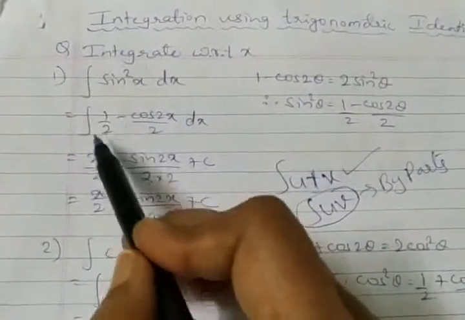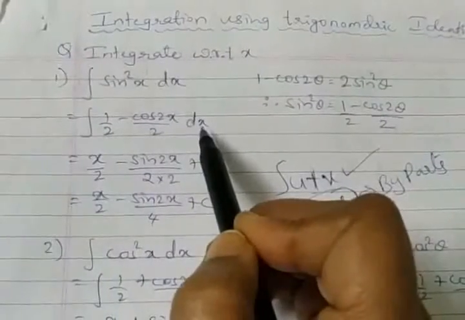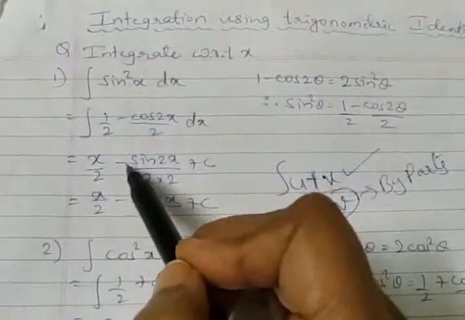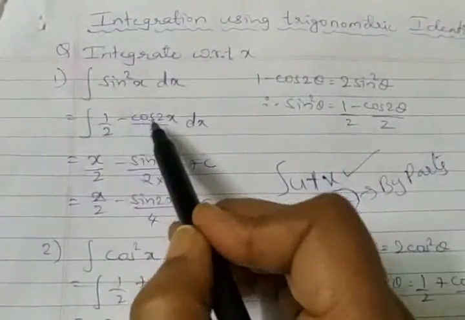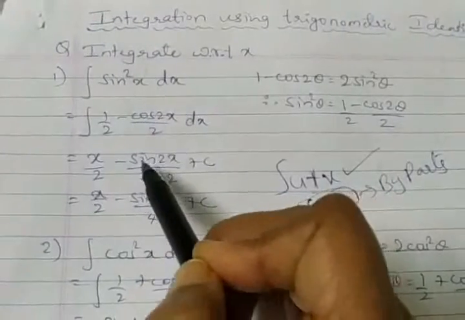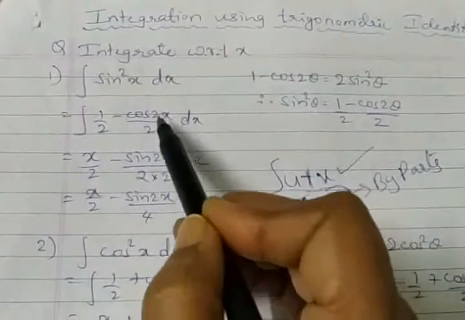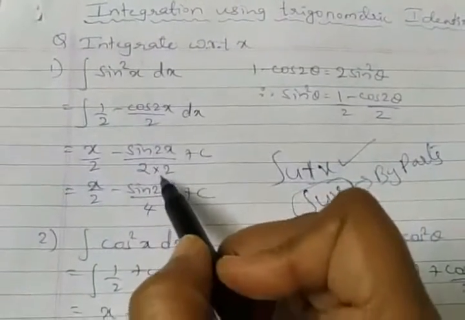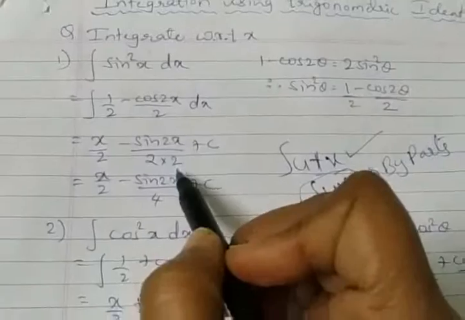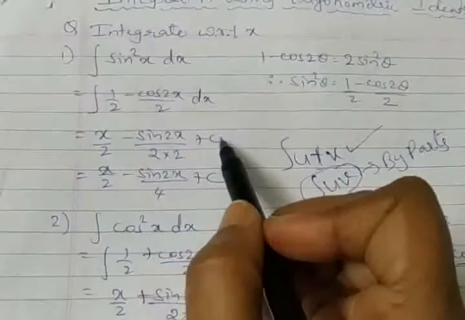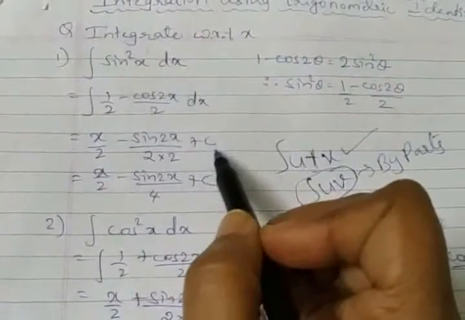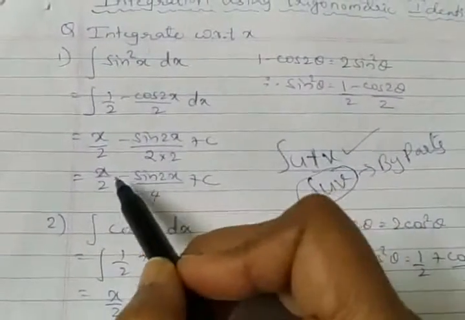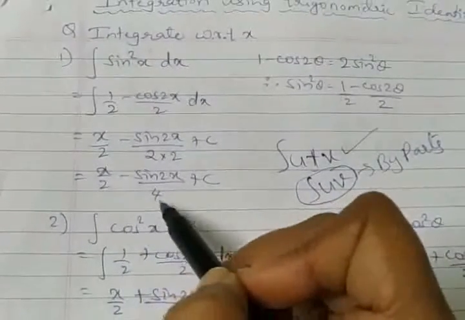So we are left out with integration of 1 by 2 with respect to x is x by 2, or 1 by 2 into x, you can write, minus kept as it is. What's integration of cos 2x? It is sin 2x divided by x coefficient 2. Leaving this 2, we have another 2 occurring in the denominator. So we have into 2. Okay, plus c, integration completed. It is indefinite, so we have to say plus c here. Now at this stage, whatever simplification we can do, let's simplify it. We are left out with x by 2 minus sin 2x whole divided by 4 plus c.